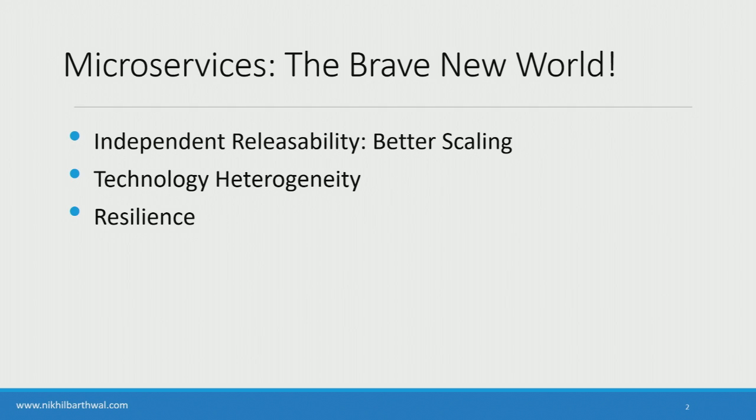We obviously have resilience, although moving to microservices might increase the frequency of failures at times because you have more moving parts in the system. The scope of those failures is now reduced because if one service fails, it doesn't affect the remaining services, right? And we obviously have ease of migration, in the sense that if I want to migrate my system down the line, I can do it bit by bit because I have these loosely coupled services which I can migrate one by one without having to worry about one big migration process. So there are several advantages, easy to test, easy to deploy with microservices.